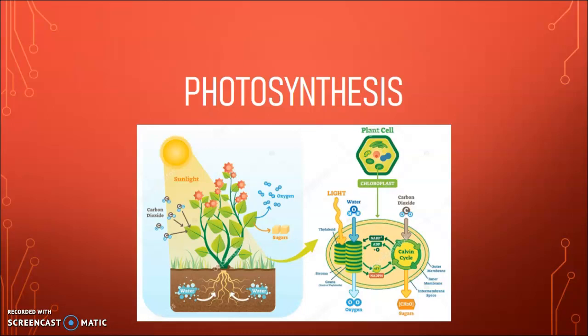Okay, we're going to be talking about photosynthesis in this lesson. Photosynthesis is where we have some type of photosynthetic organism like a plant or protists like algae that have chloroplasts that are able to convert the sun's light, solar energy, into a chemical form of energy that will later on either become some type of energy source for the plant itself or another organism like a heterotroph that comes by